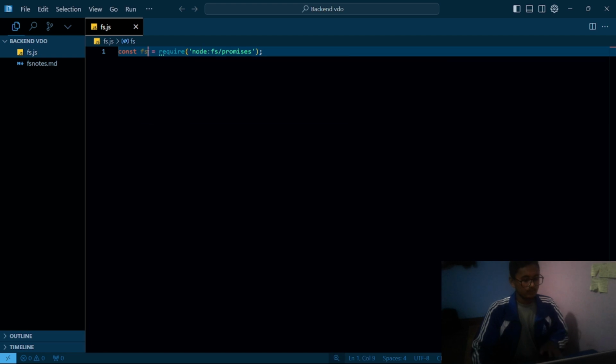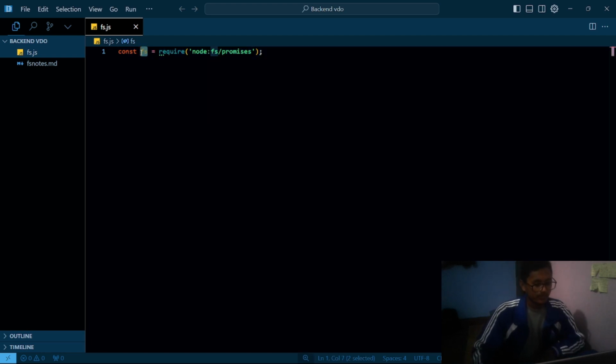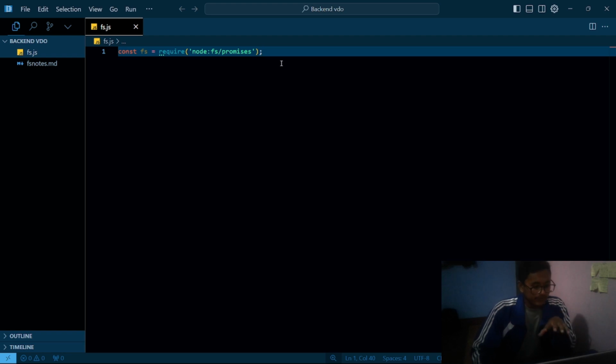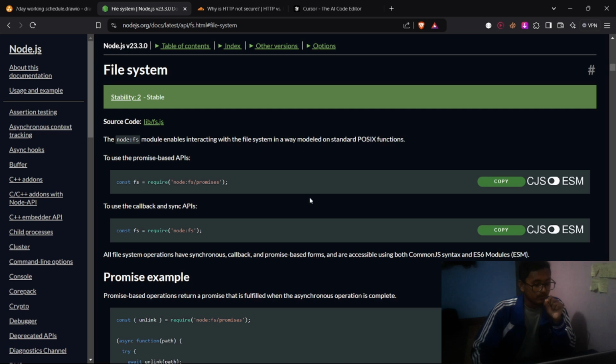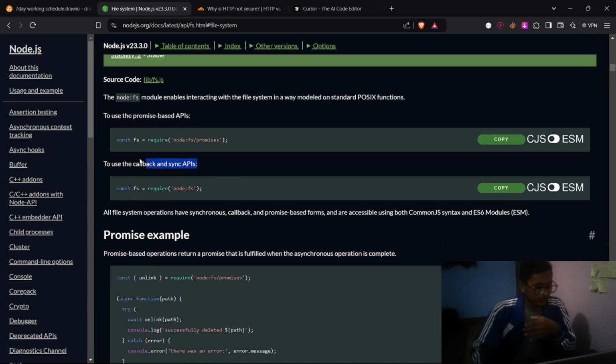So okay, we require the FS module. Now we have required the FS module, and this variable has the power to use FS to create files, read files, delete files, and update files. So we have to delete this first,